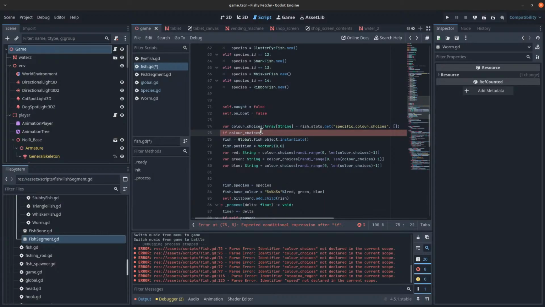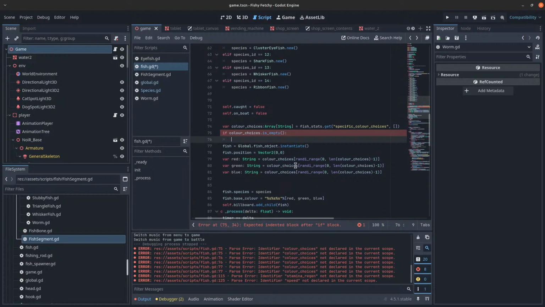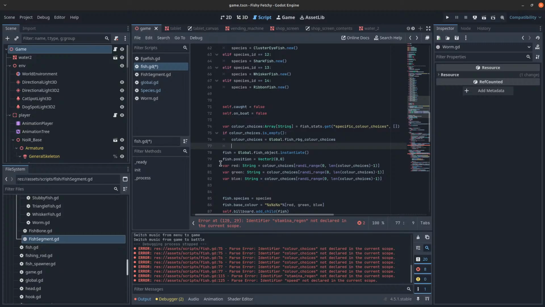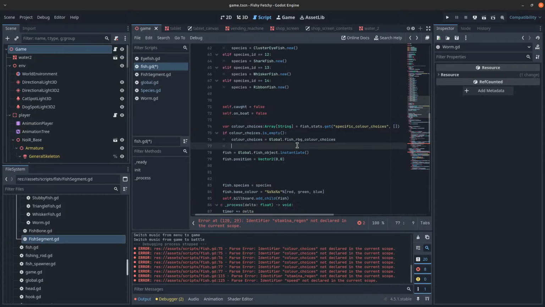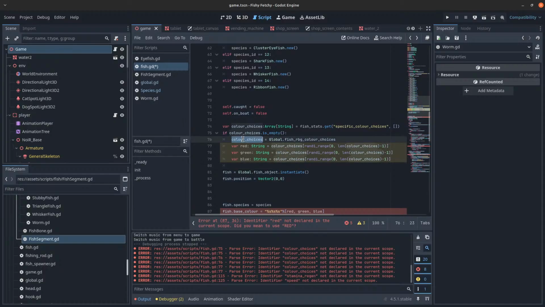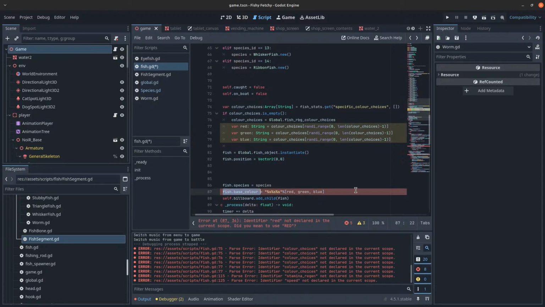If not is empty, then color choices will instead grab from fish RGB choices. You will do this only if I need to. And then we'll say